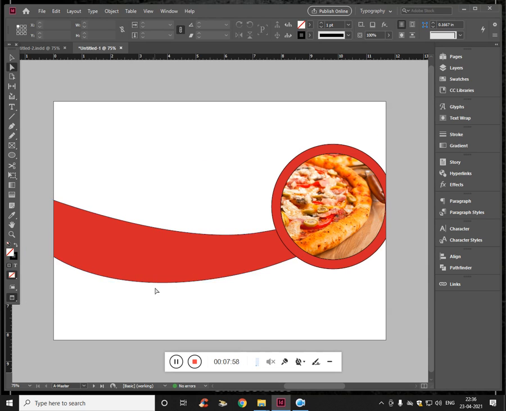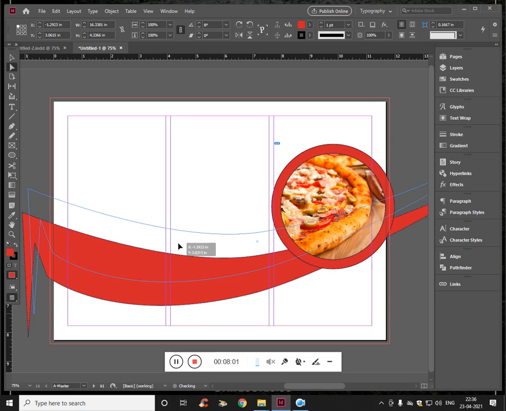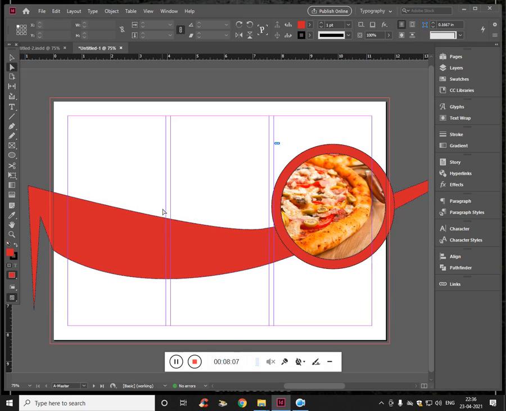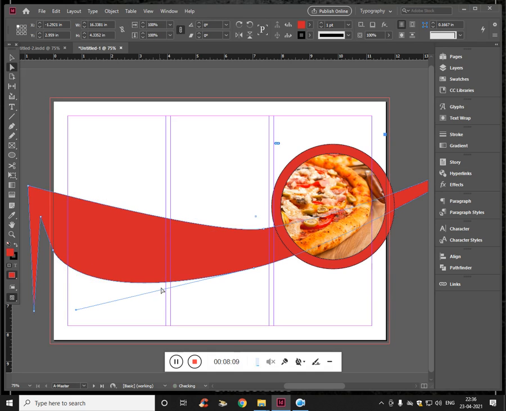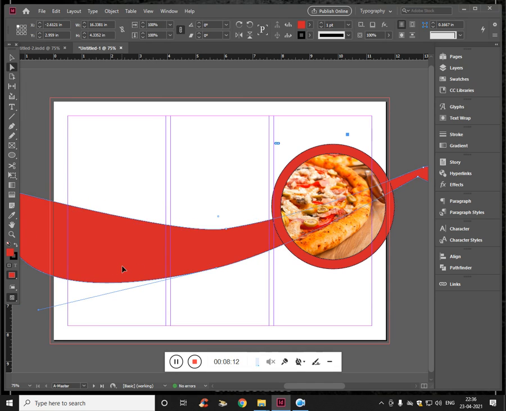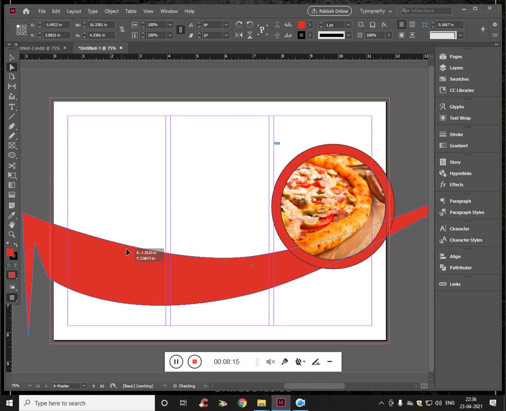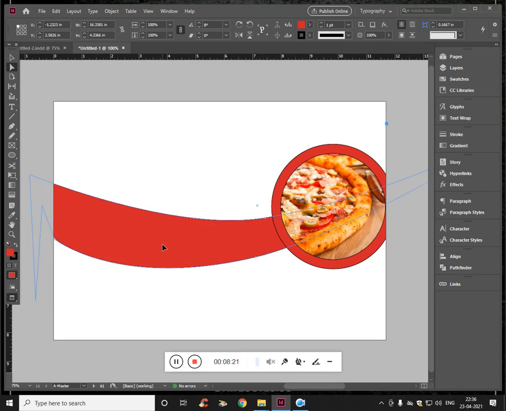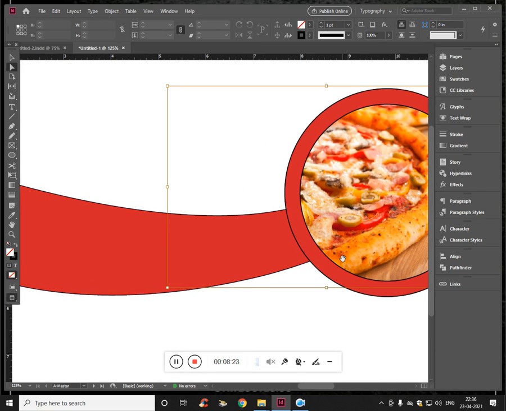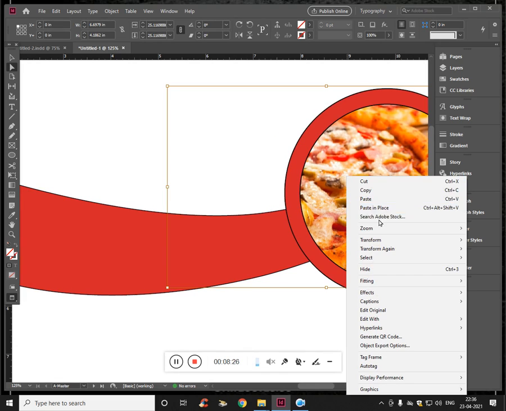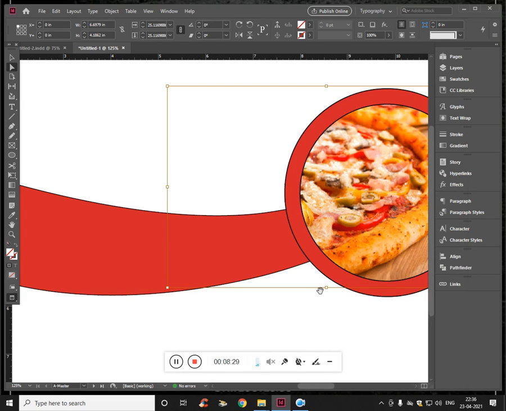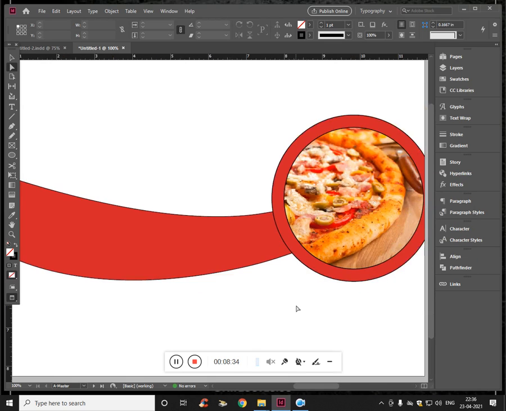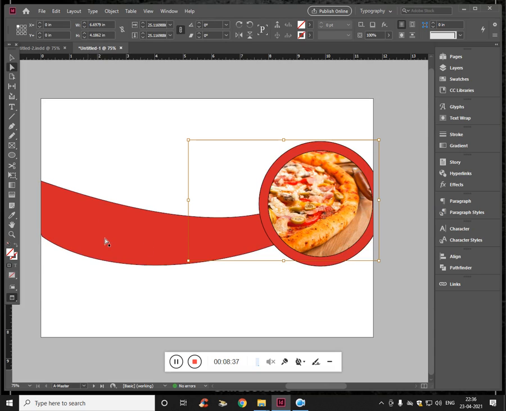Click this and what you can do is click on object.